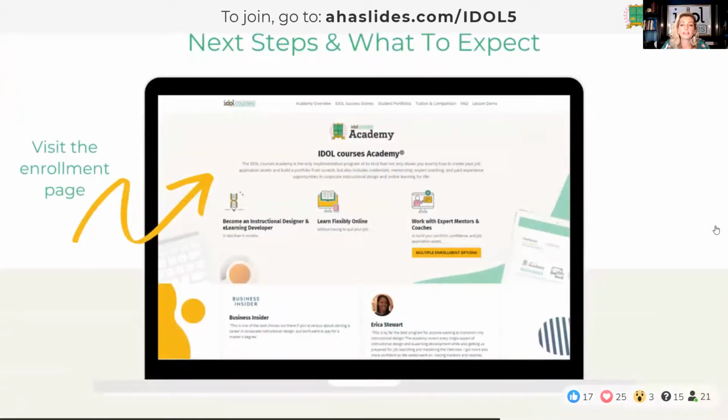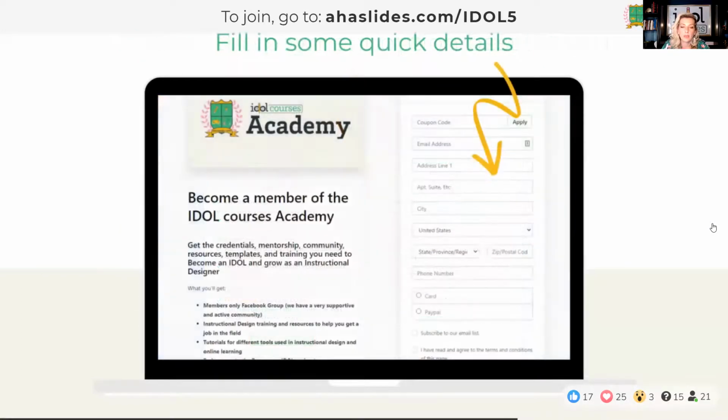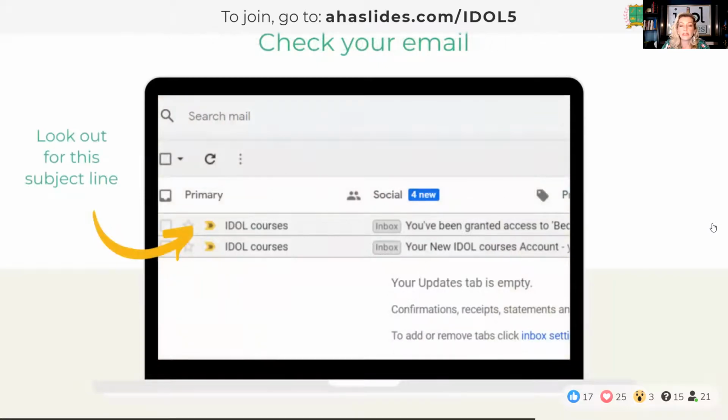And so next steps, you'll just go to the enrollment page, idlecourses.com/academy. You'll select the payment option that's best for you. You will fill in some quick details. You'll see this confirmation page. You will get an email.